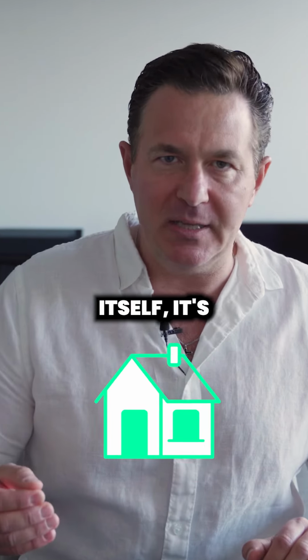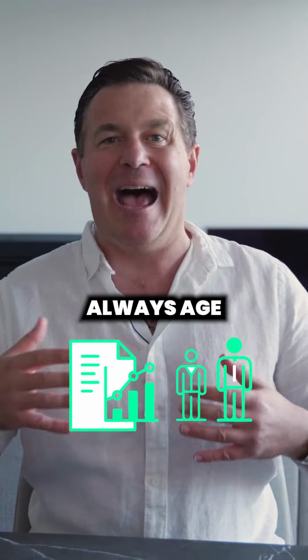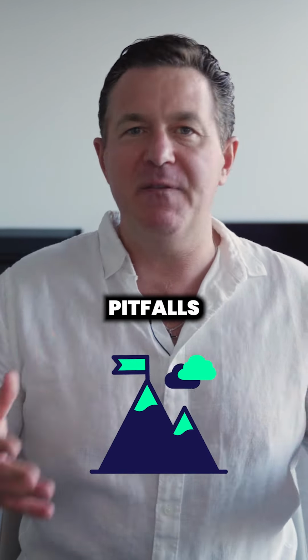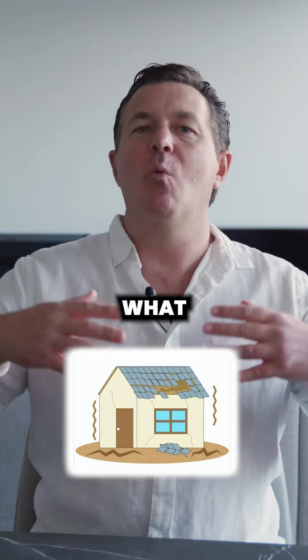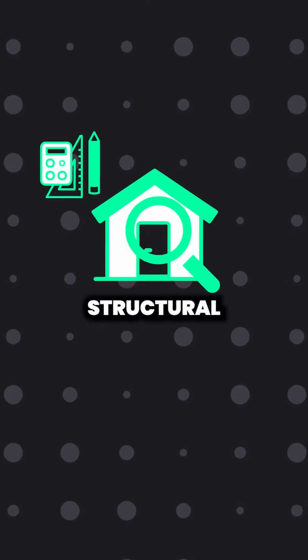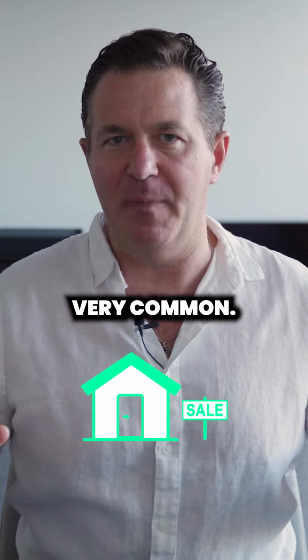Now, the building itself, it's never going to be perfect, the building report. There's always age-related issues. The main pitfalls you want to look for are, is the roof going to collapse? What condition is the structural engineering of the home in? Age-related issues, especially if you want to buy a character home, are very, very common, so you have to accept